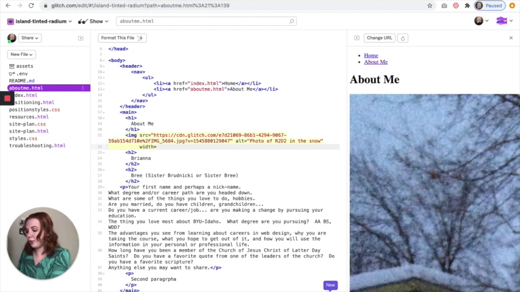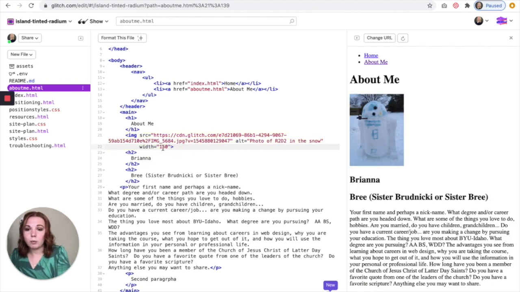But you can just do width equals, and guys, with code, things have to be spelled right. So WIDTH, or it will not work, okay? You'll learn that with code. You'll be like, why isn't it working? And it will probably be a typo. Not always, but it happens. And so I'm going to make this 150